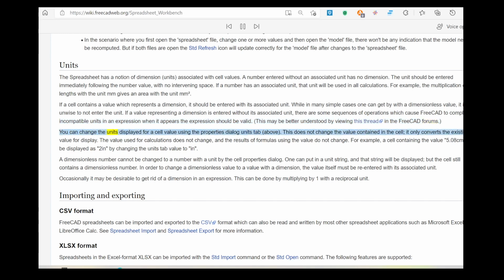You can change the units displayed for a cell value using the Properties dialog Units tab, above. This does not change the value contained in the cell, it only converts the existing value for display. The value used for calculations does not change, and the results of formulas using the value do not change. For example, a cell containing the value 5.08 cm can be displayed as 2 inches by changing the Units tab